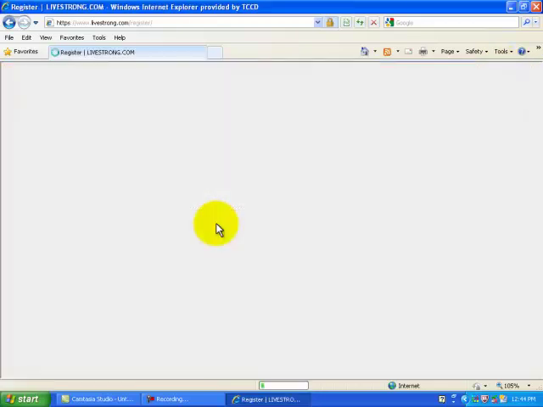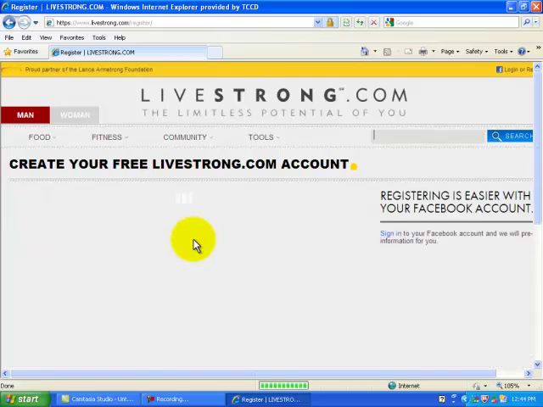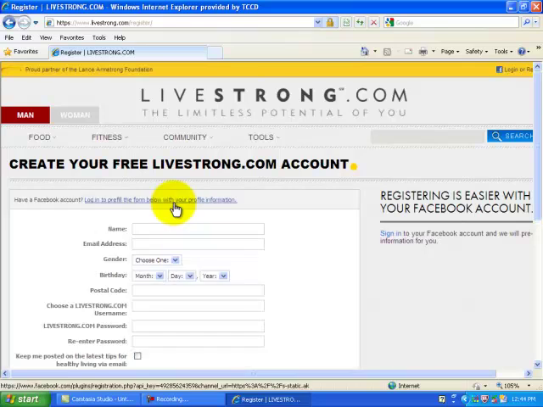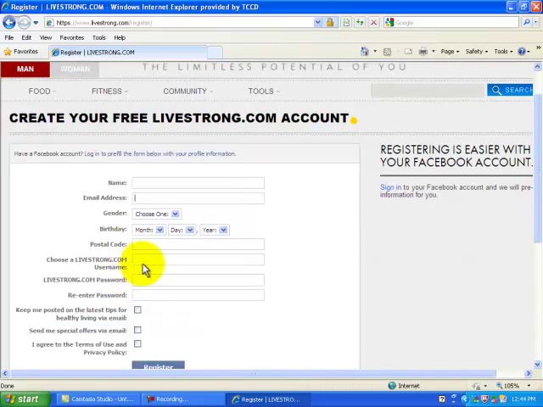The website will then take you to a separate page where you have to answer a series of questions, enter in a username, a password, and create your free Livestrong.com account. It is free. I hope you'll enjoy it. I hope you like using it. I have these many years. But you'll simply enter in your name, your email address, gender, birthday, postal code, and then your username and